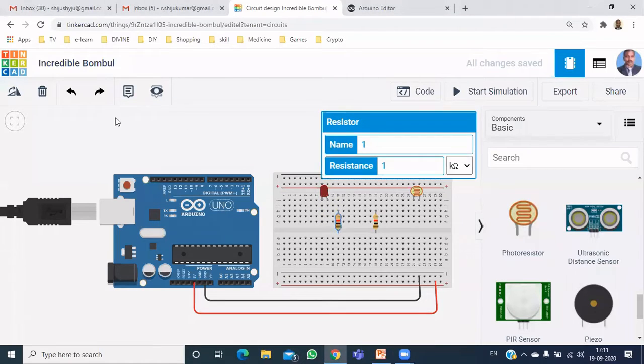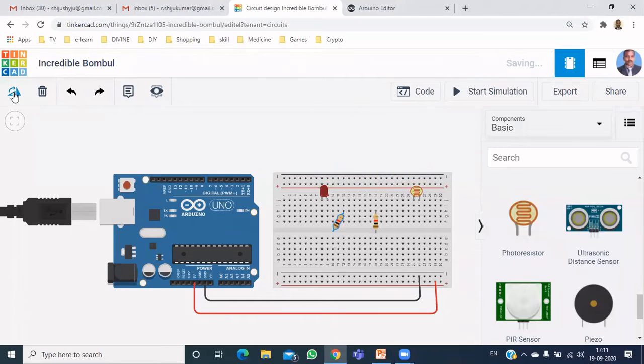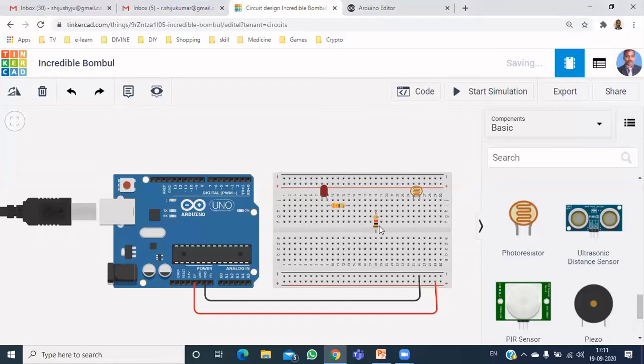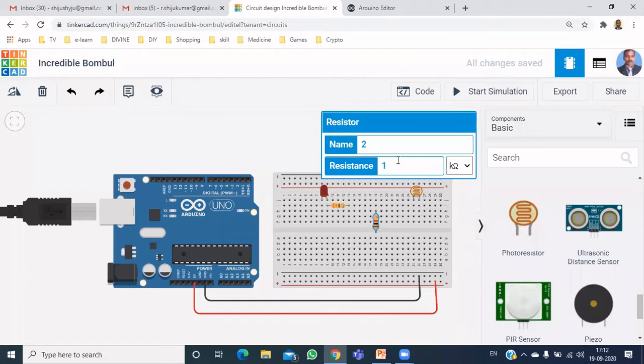We can rotate this resistor first, and connect it to the... change the value. 330 ohms. And the next resistor,